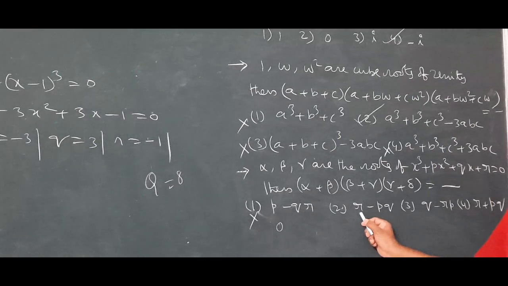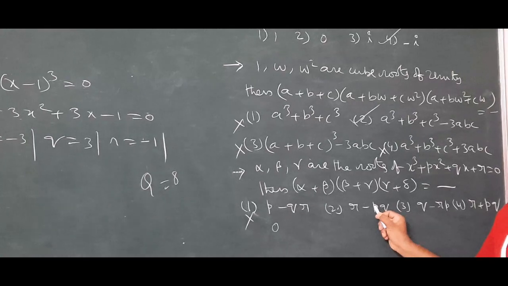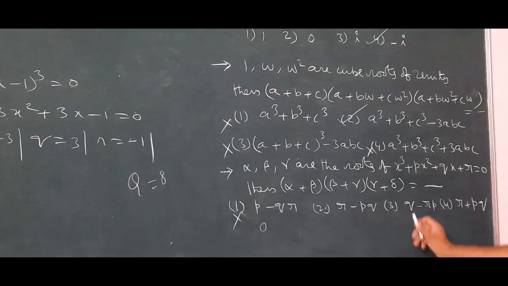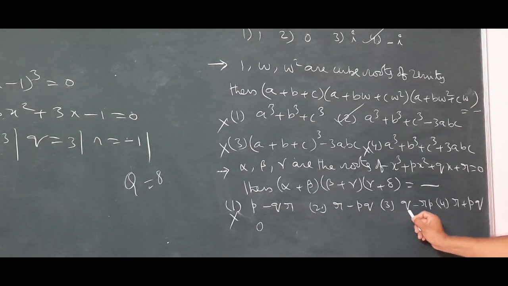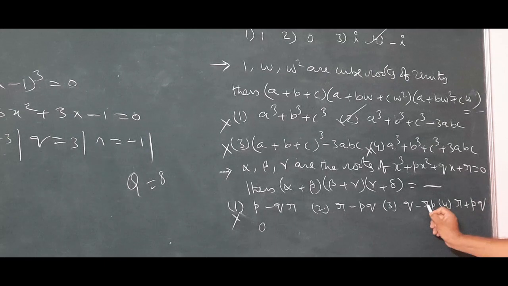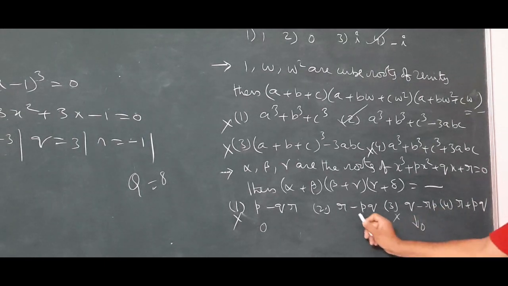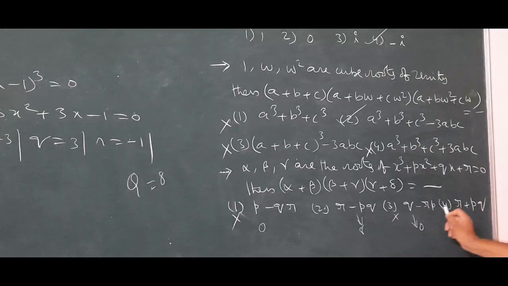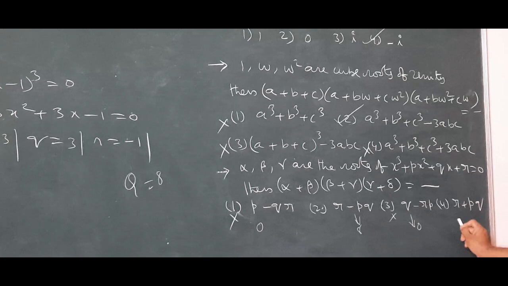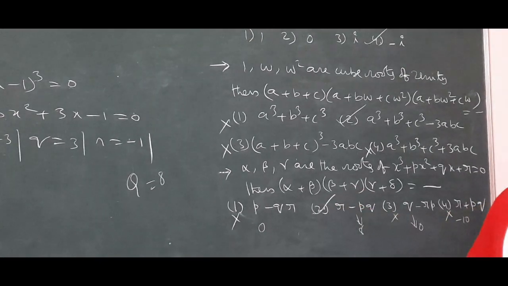Minus 1 plus 3, 3. Minus of minus 3 plus 3, 3. Minus 1 plus 9, 8. It may be this one. Next, 3 minus 1 into minus 3, that is 3. 3 minus 3, 0. It gives 0. That is wrong. It is 8, maybe this one. Minus 1, minus 9, minus 10. It is wrong. So the answer is the second option.